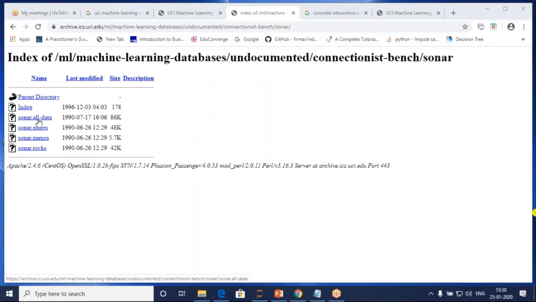into the Python text file and save it as a .csv, sonar.csv, or from here only once you download it, just change the extension, sonar.csv instead of .data, because it's a text file. If you upload the text file, it will not read, because the system will read your CSV file. Pandas is reading the CSV file or Excel files there. Okay, so once the data is in CSV format, then you upload it into Jupyter and call it